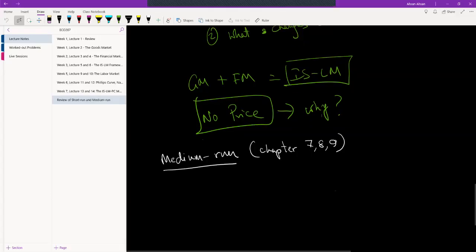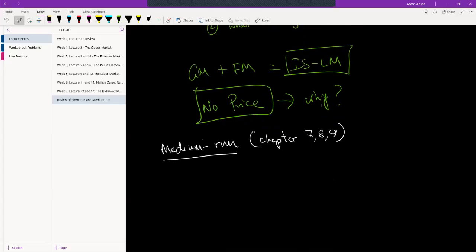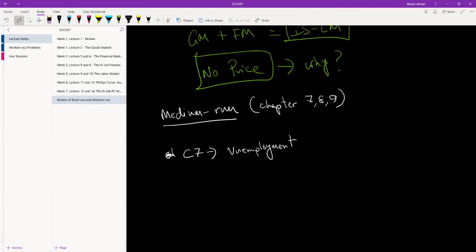So we started off with chapter 7 in the medium run, which had everything to do with labor and unemployment. So we looked at the causes of unemployment and the dynamics of unemployment in an economy, and so on and so forth. The important things to know from this chapter, one is the